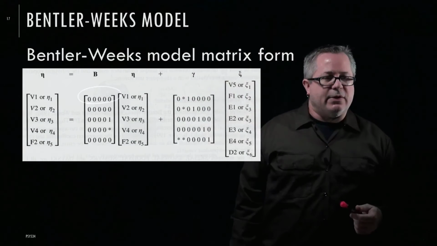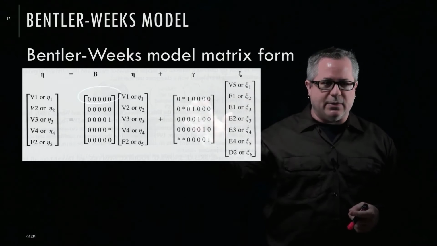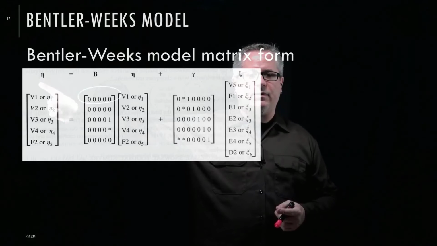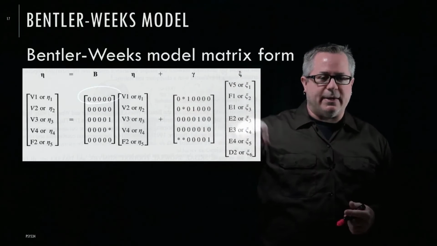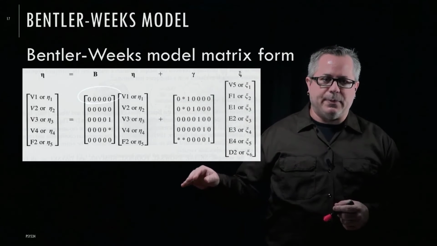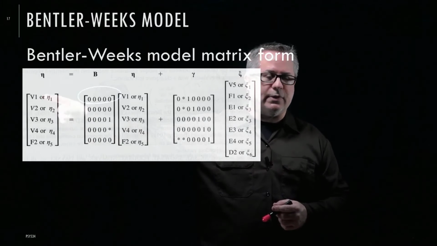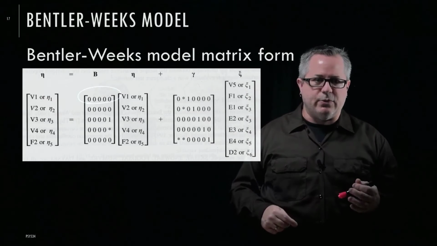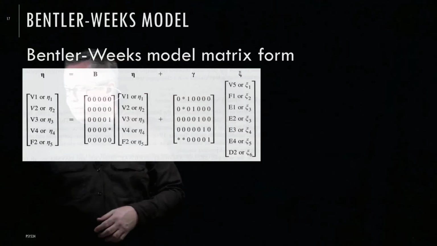One of the things I said I'd do last time was to talk about what exactly all this means. How does it work? When you have this eta matrix that equals a beta times eta plus the gamma times xi, if you take each one of these things at a time, so if you look at V1, you can actually turn these into a series of equations on their own. So let's do that and see if we can figure it out. So if we start with V1,